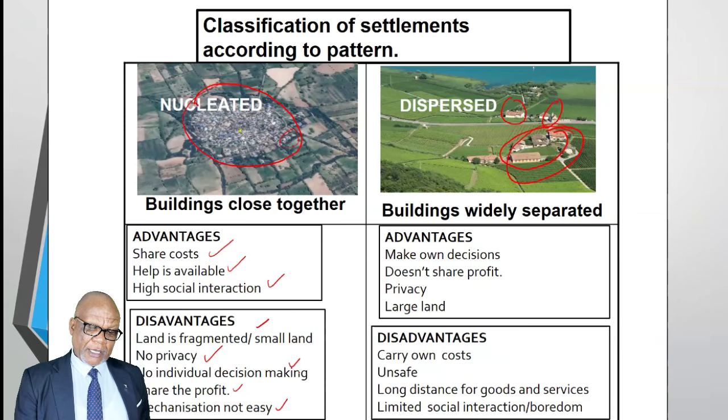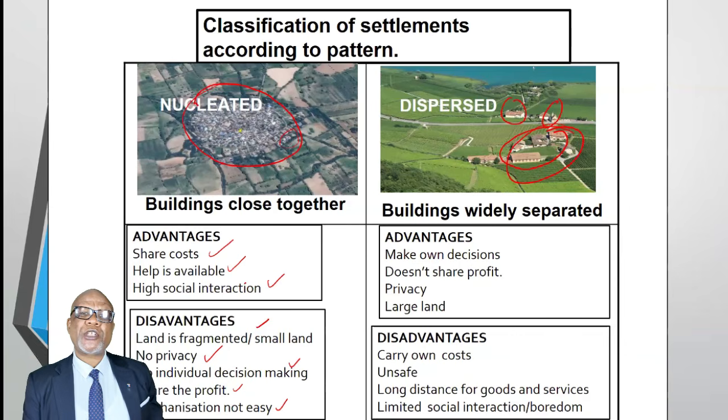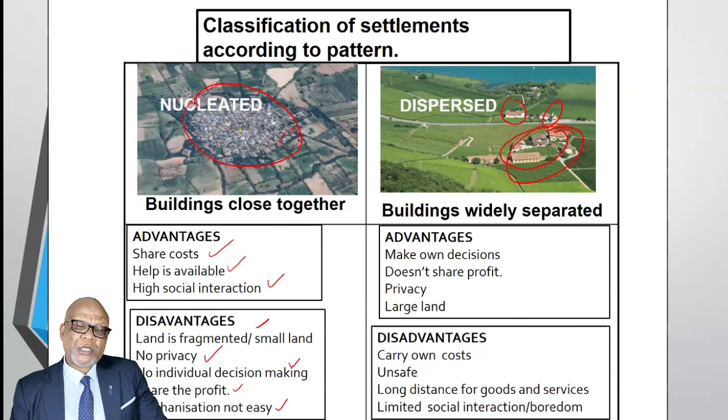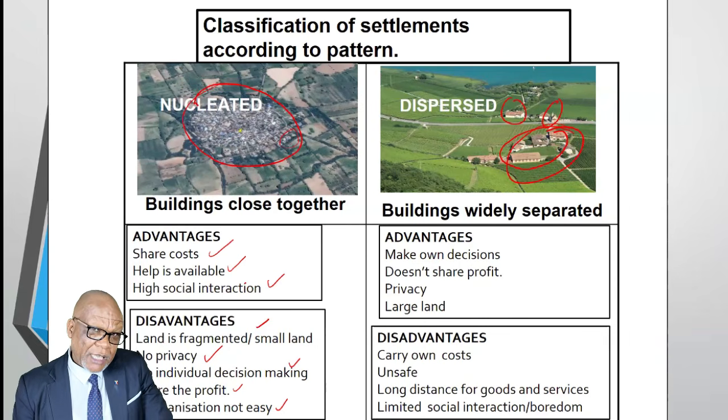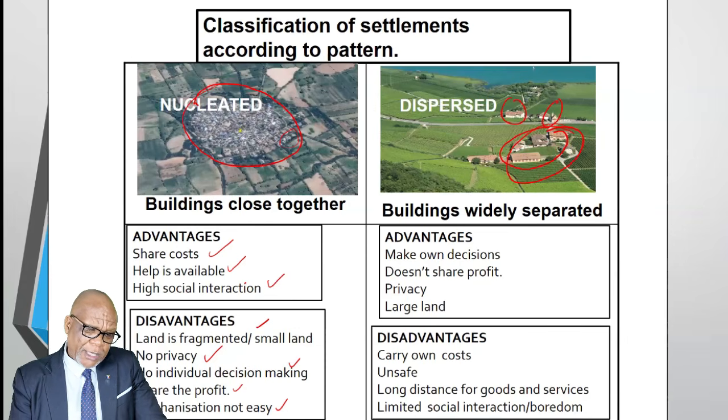So when you're looking at these advantages and disadvantages, you must be able to differentiate them, because the examination question can be very specific. You must also be able to differentiate or categorize the advantages and disadvantages of these patterns in terms of, are they social or are they economic? So you can look at this one here. It says